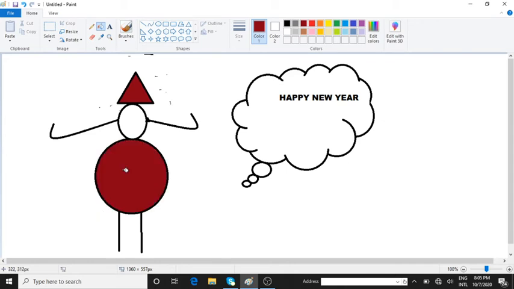Then stomach also the same color I'll choose. Face, let me choose blue. Okay, so then after choosing this, I can take the pencil, click on the black color and draw the, okay, I'm very bad at drawing, children. I know you all are good, so you can do this.